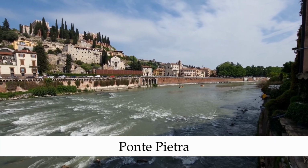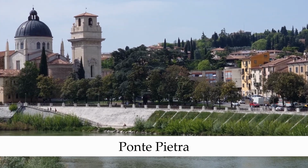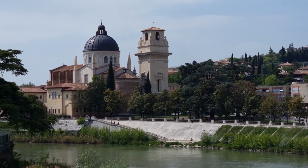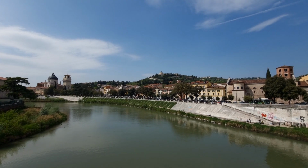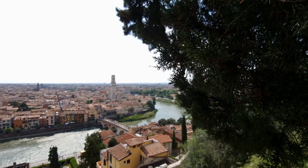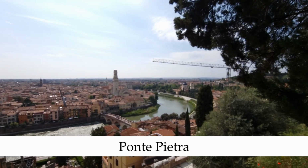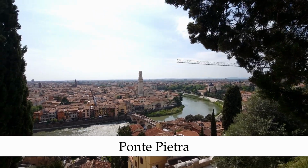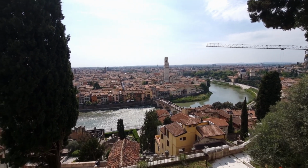Next, we continue to the second famous bridge, the Ponte Pietra. Here you have beautiful landscapes and views. I could stay here forever because it's so breathtakingly beautiful. But we need to go on and next we went up to the viewpoint. Here you can admire Ponte Pietra in its full beauty and from here you have a wonderful view of the